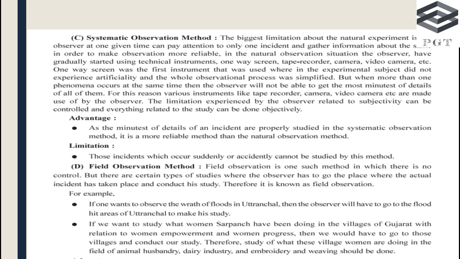So observation will not be able to get the most minute details of all of them. अगर हम मूवी देखेंगे तो हम मूवी के कैरेक्टर जो देखेंगे तो मूवी में जैसे डिस्क्राइब किए हैं वैसे, क्योंकि वहाँ पे कैमरा में वैसा सेट बनाया है, लेकिन हम ह्यूमन कैरेक्टर्स के बारे में नहीं समझ पाएंगे, अंडरस्टैंड, एक्चुअली उसकी लाइफ में क्या हो रहा है.